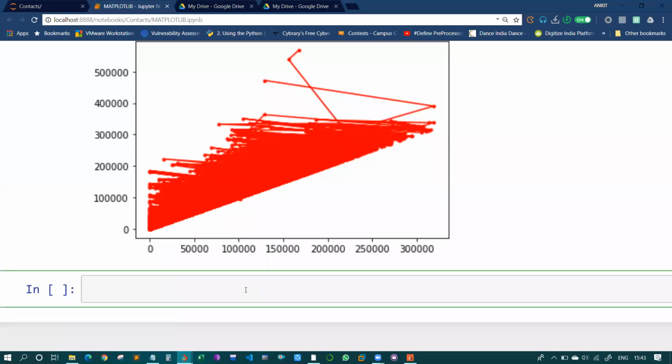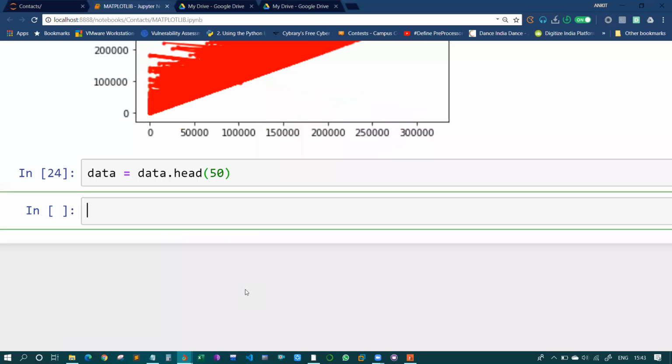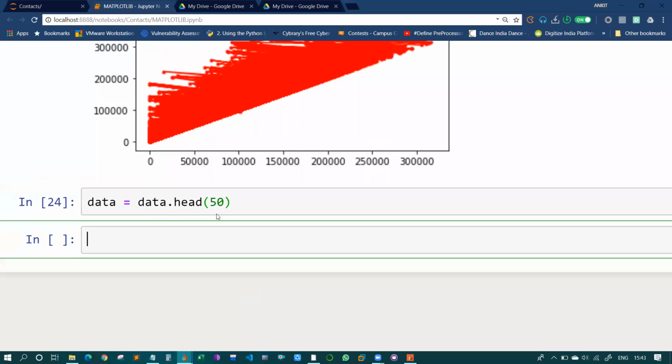Anyways, for the timing, because we are learning, we'll shrink the data set. We won't be working with 1,50,000 data; we'll be working with a small range of data. So let's say data equals data dot head, and I will specify the value 50. What I have done is stored the top 50 values of data again in the variable data. So we'll be working with only the top 50 data.